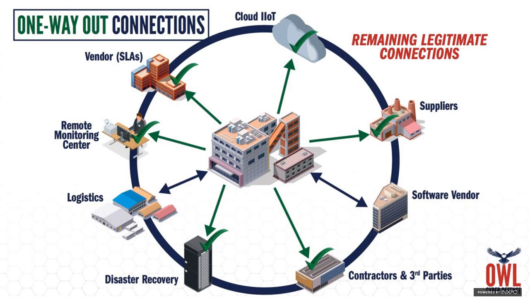So if we go back to our circle, some of those blue two-way connections have now been turned into green one-way connections. So I've identified all those places where someone's just doing remote monitoring. They just need syslog information or SIEM data from me that describes what's happening to the equipment or the system inside the plant, and so they keep tabs on what's happening, but they're doing remote monitoring. We sort of call that remote monitoring without remote access.